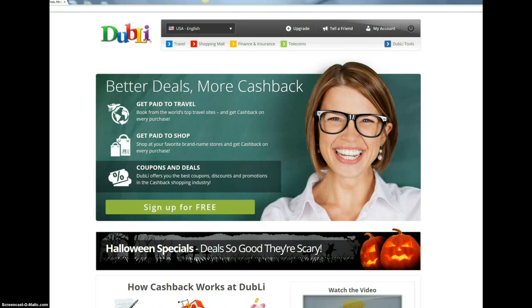Step number 1, we took you through customizing your profile page for Dublinetwork. We're going to do the same thing here for Dubli.com. This is your retail site, and as a business associate, when you registered with Dubli, they automatically created 2 sites for you: Dublinetwork for your business and Dubli.com for your own use for purchasing and your customer referral side of the business. So what we're going to do, first things first, is we're going to log in, and